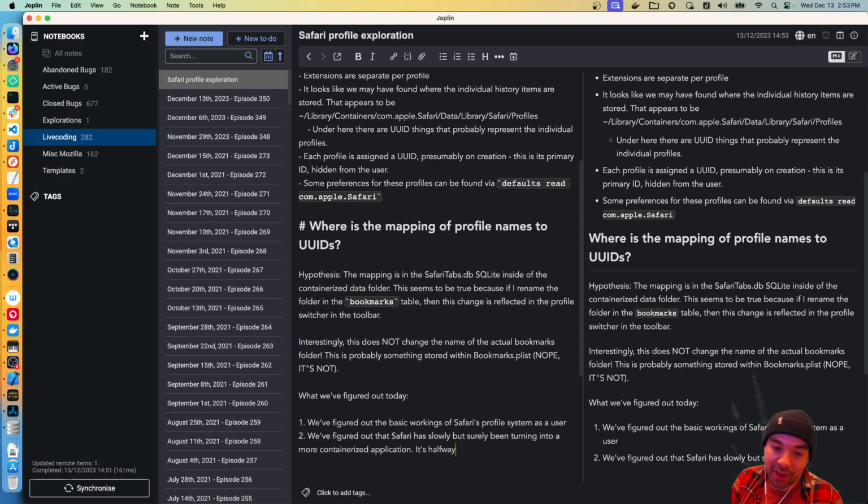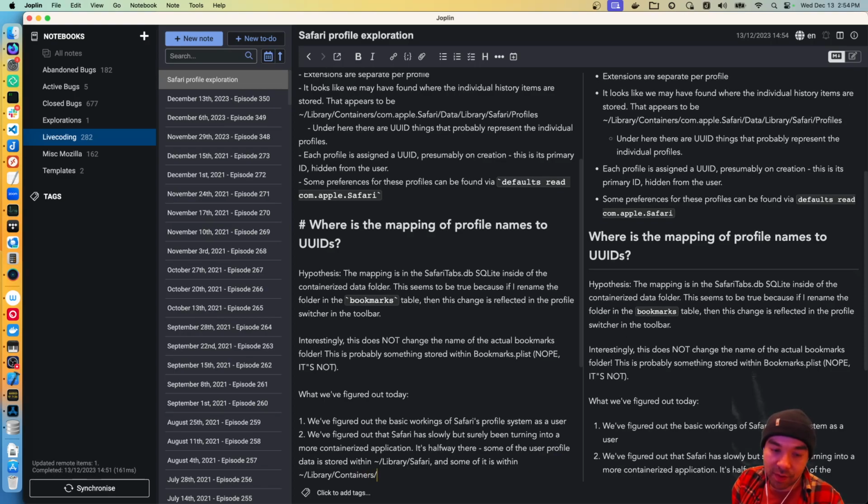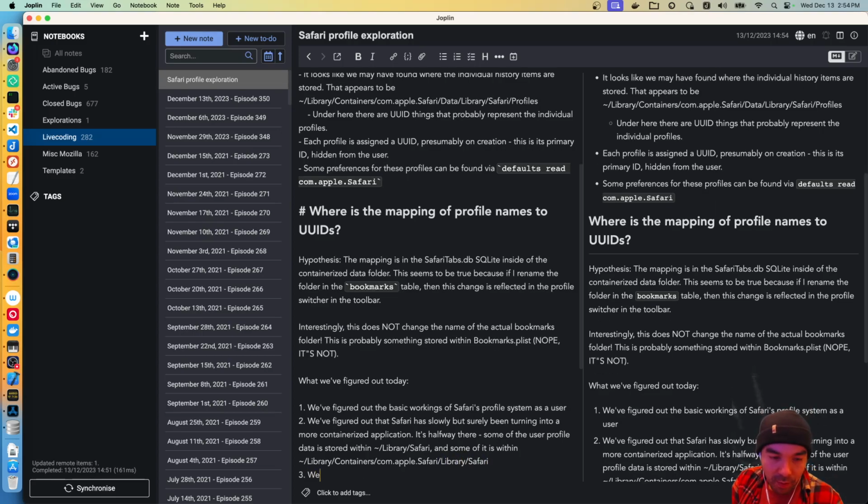It's halfway there. Some of the user profile data is stored within here, and some of it is within Library, Containers, com.apple.Safari, Data, Library, Safari. We believe that the primary index of user profiles